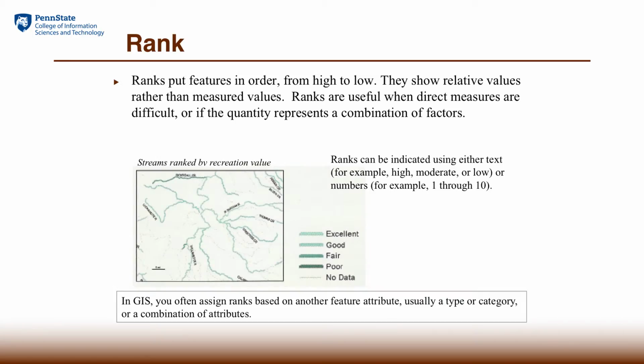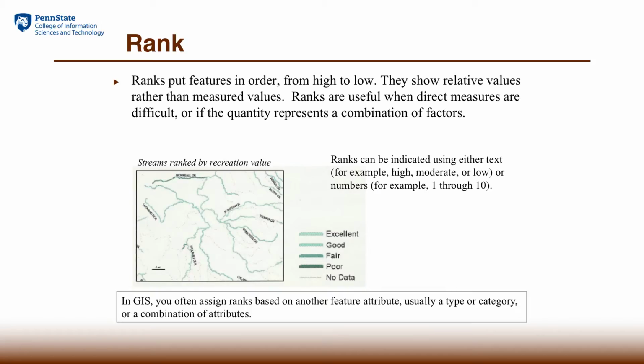The third type of numerical data is called rank. Ranks represent some kind of order from high to low or from the best to the worst. So this kind of value gives you a qualitative idea of how the features compare. And in many cases, we apply ranks to measurements where we can hardly say the absolute value, but it's easier for us to compare.